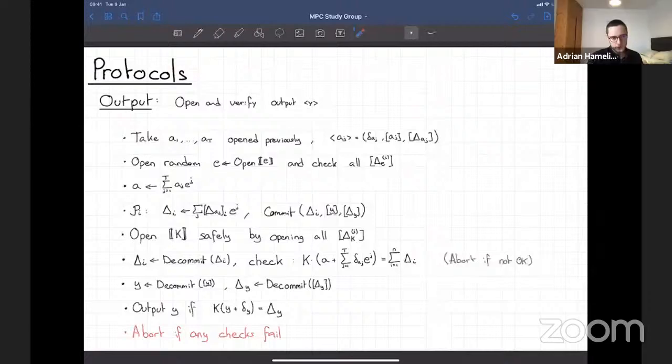So you would decommit it. Essentially, the program would decommit these, but wouldn't return them as the output. If you take a program which does this protocol, you don't want to appear on your screen a value if it's not correct.